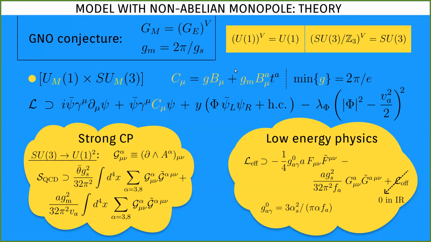But here we have a different group. Yes, we have SU(3) magnetic, so it's color magnetically charged quarks at high energies. So how do we show that it solves the strong CP problem? Actually, what we do in the paper,